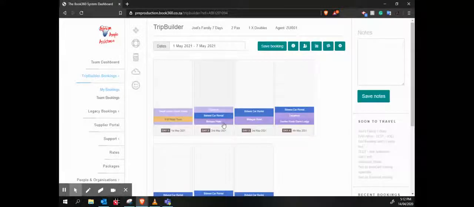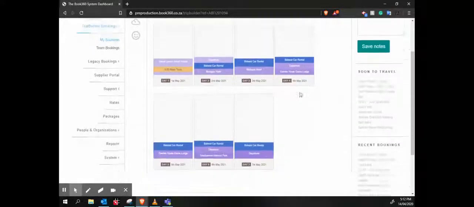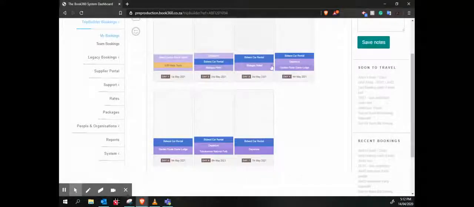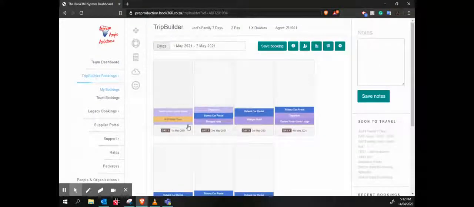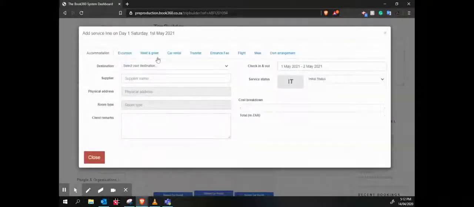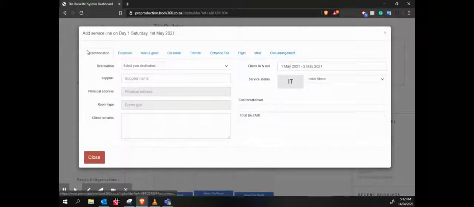Their car rental, we can then see, follows them all the way through their booking. Malchas, they stay for 2 nights. They then leave Malchas on the 4th of May, and they go to Garden Route Game Lodge, and so on and so forth. If I want to add or remove a service, it's really simple. I can click on the open space, and I can choose what type of service I want. For instance, if I want to add maybe an excursion,